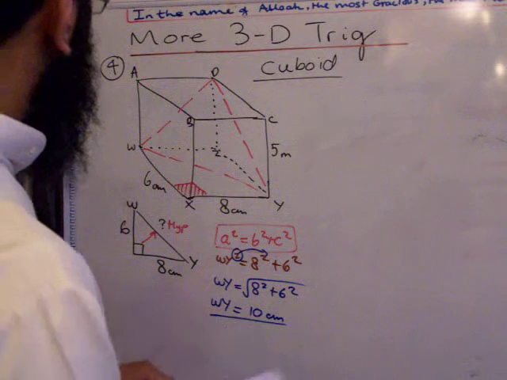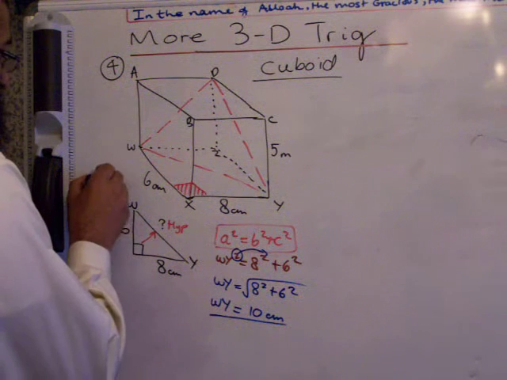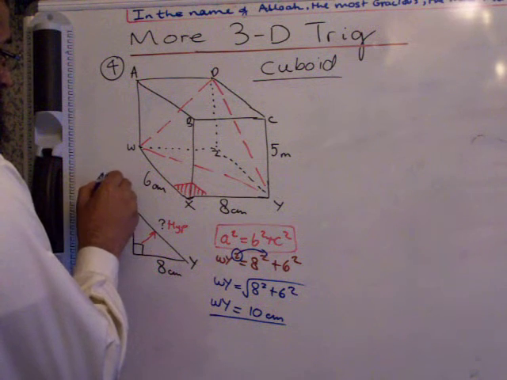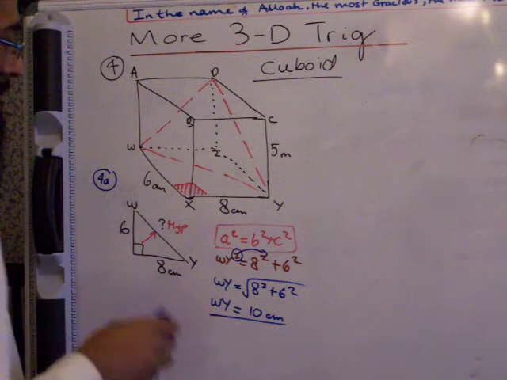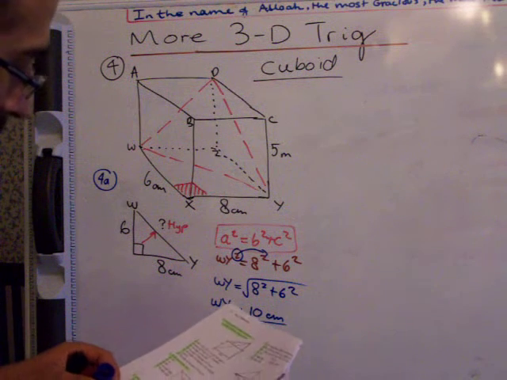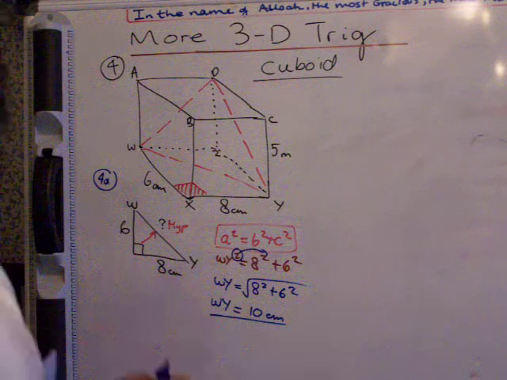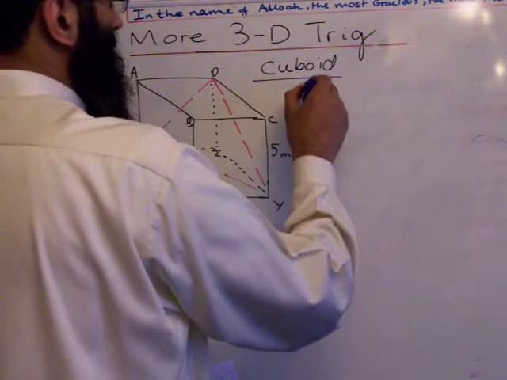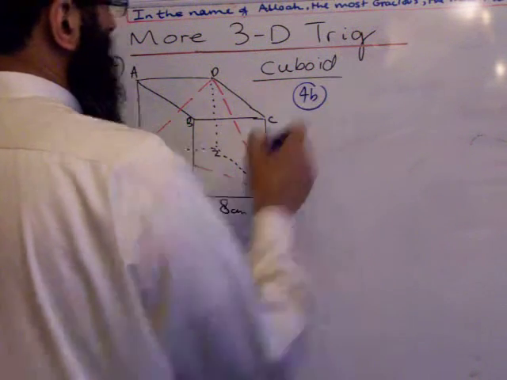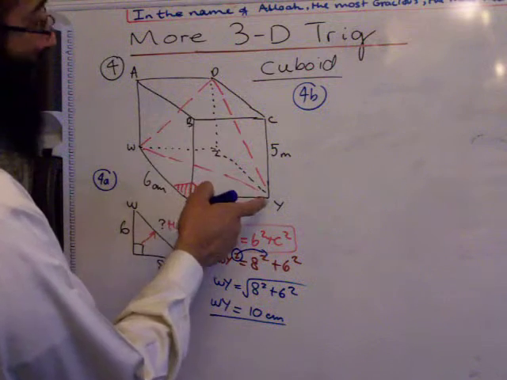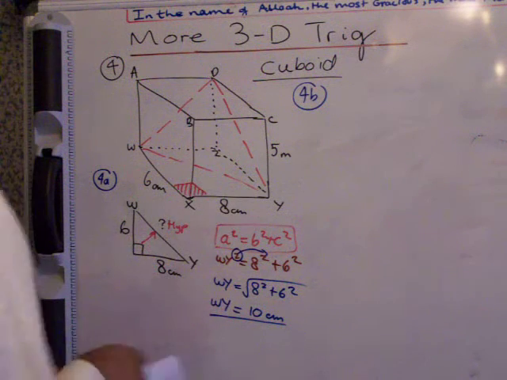Okay, right. So that's part A done. So question A. Okay, question 4B says they want to work out DY. Now DY is over here. Now if you look at this triangle now,